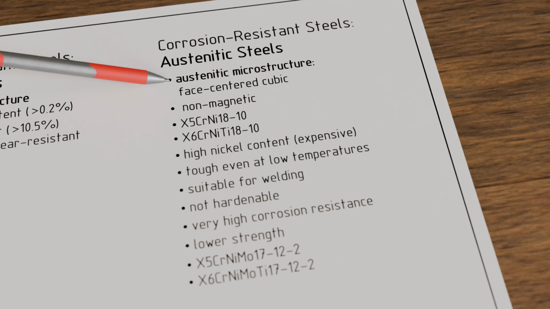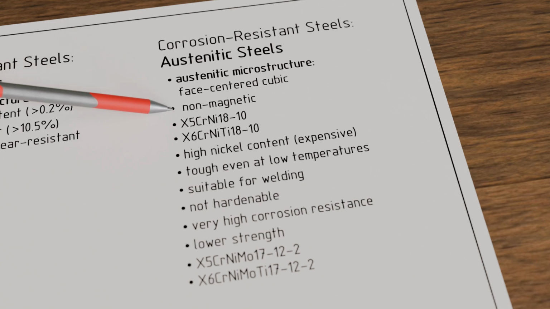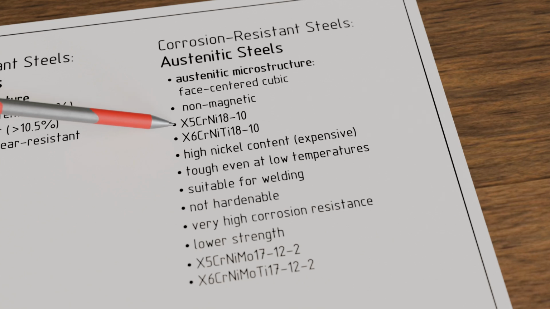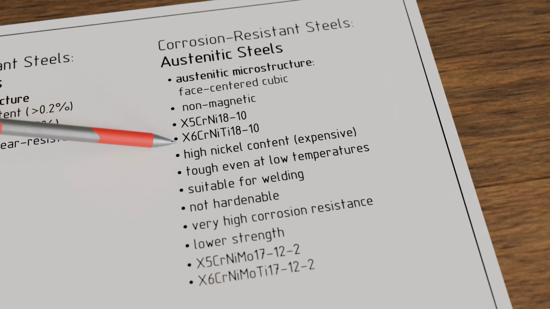Unlike the ferrite structure, however, the austenite structure is non-magnetic. Therefore, it is possible to quickly determine whether a steel is ferritic or austenitic using a magnet. The most well-known austenitic steel grades are X5CrNi1810 and X6CrNiT1810. Based on the chemical composition, it is evident that austenitic steels contain significantly more expensive nickel, making them more